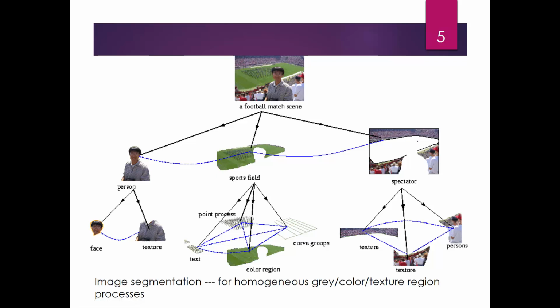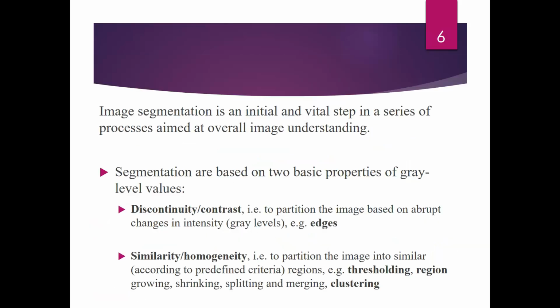So it is completely application dependent. Where the segmentation should stop is decided by the person, and it is based on the application. So image segmentation is an initial and vital step in a series of processes aimed at overall image understanding. It can be divided into two parts. First one, discontinuity based image segmentation, that is a partition of the image based on abrupt changes in intensity